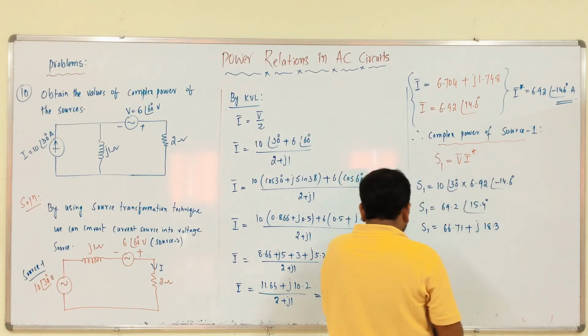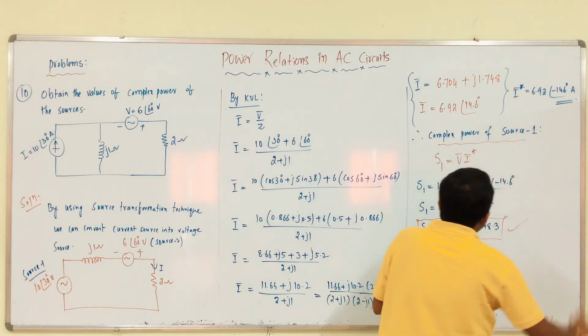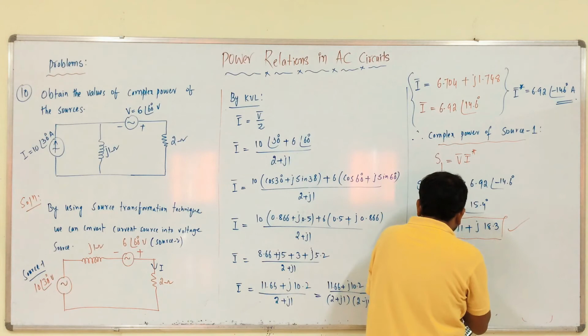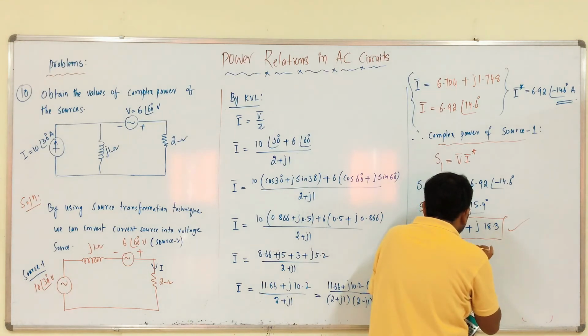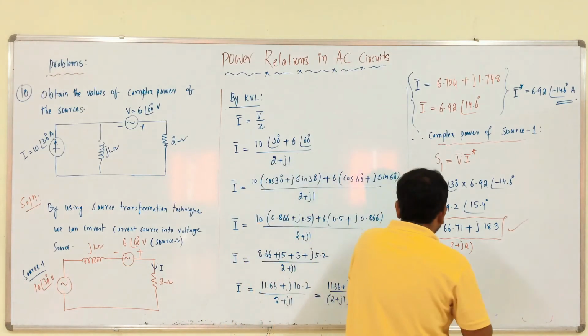This is the complex power for source 1, in P plus JQ form, right. S is equal to P plus JQ form. Like that, the complex power of source 2